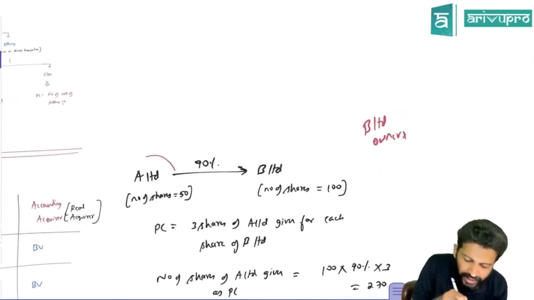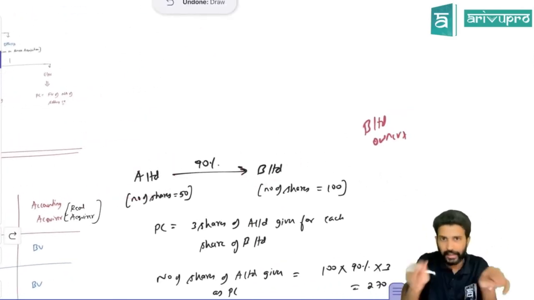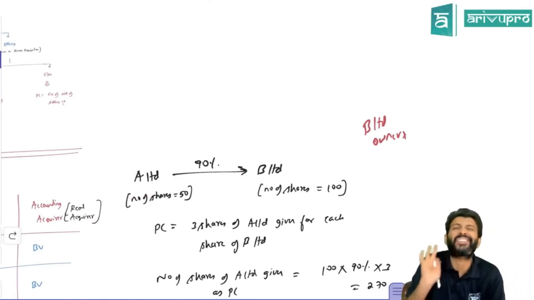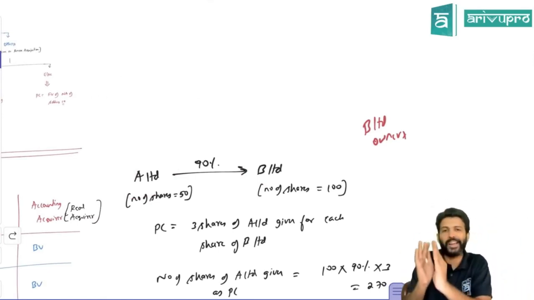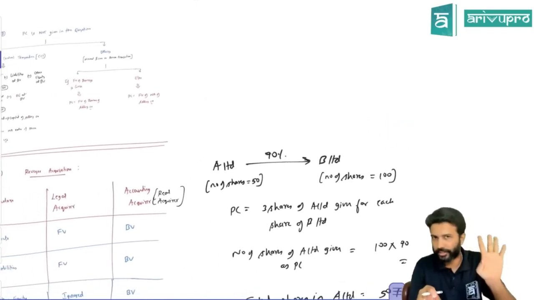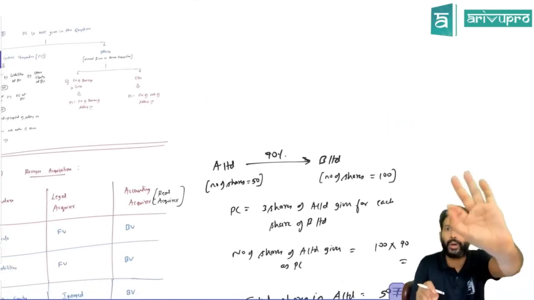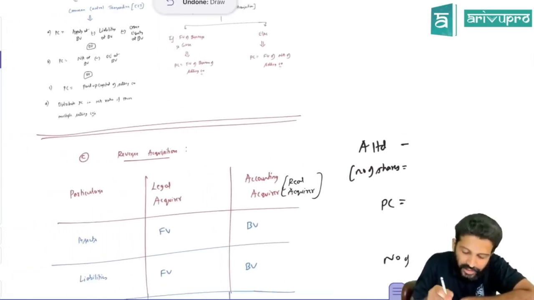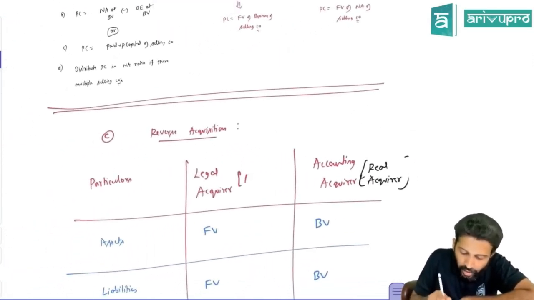Like on paper, A has acquired B Limited. That's what the document is legally saying. But in reality, is that so? No. Reality is that B has acquired A here. That means based on the reality, you will do the accounting. So in here there will be two acquirers. As per legal, who is the acquirer? A Limited.